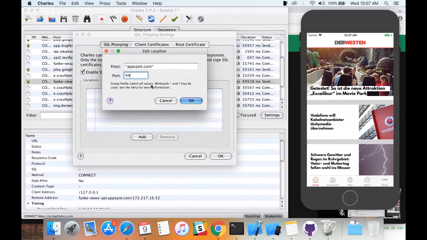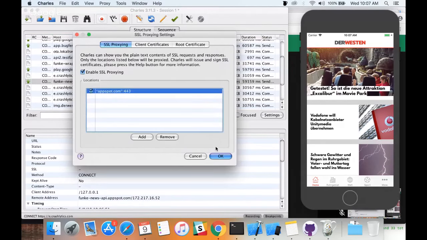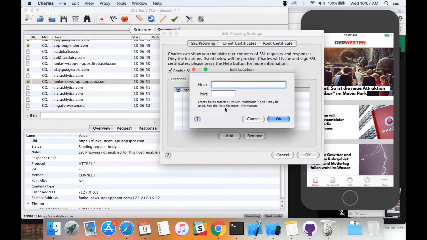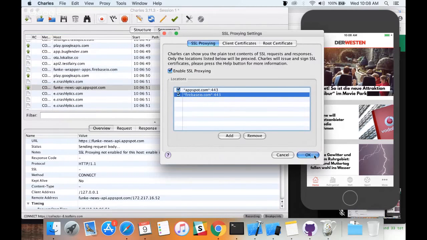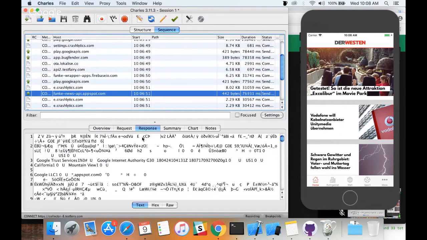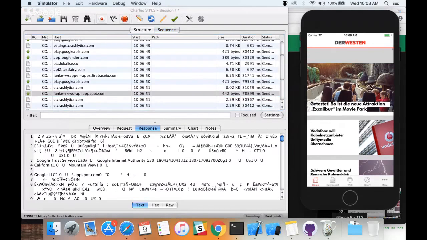The port is always 443. So now whenever you start the application again, instead of saying something like this, you should see a direct